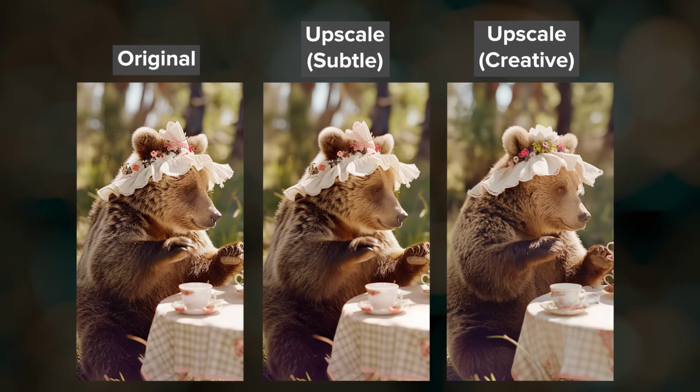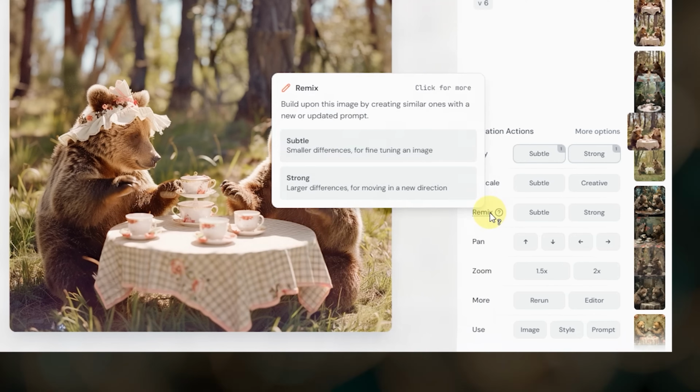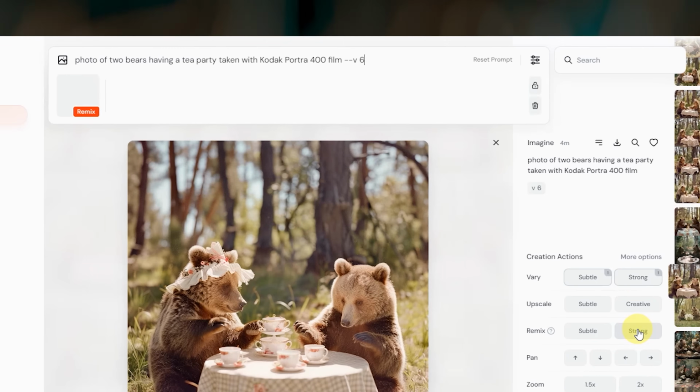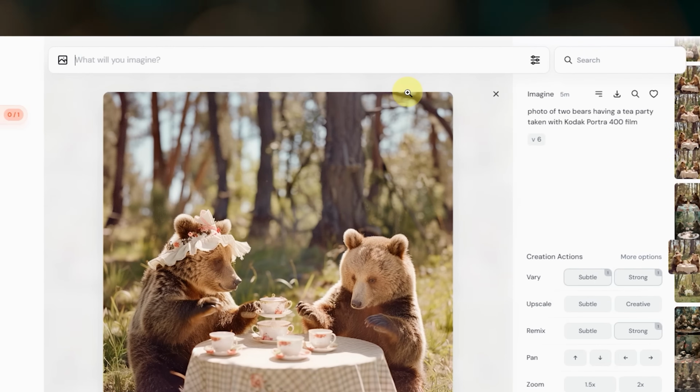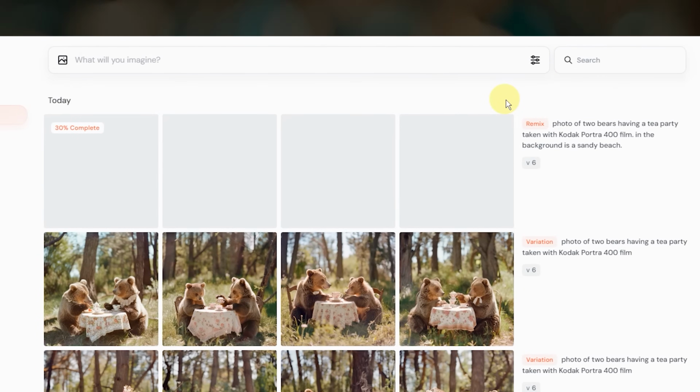of images you're creating. Remix is the same as Vary, but with Remix you get an opportunity to change the prompt text before submitting the job to Midjourney. Let's try it. I'll click Strong. The image and its prompt get added to the Imagine bar, and I'm going to add in the background as a sandy beach. So Midjourney is going to utilize the original image and the altered prompt to create new variations